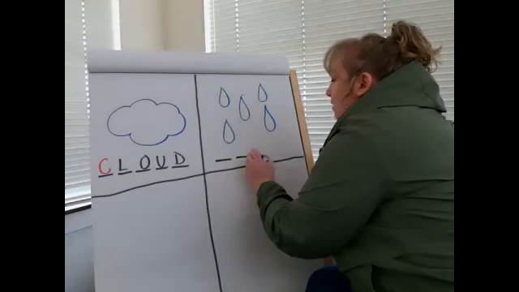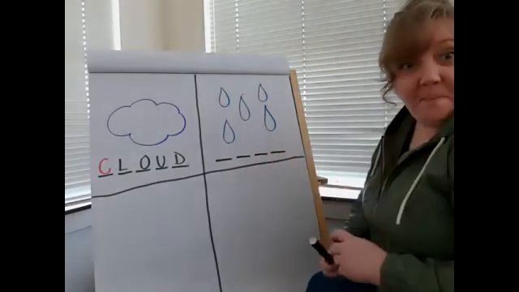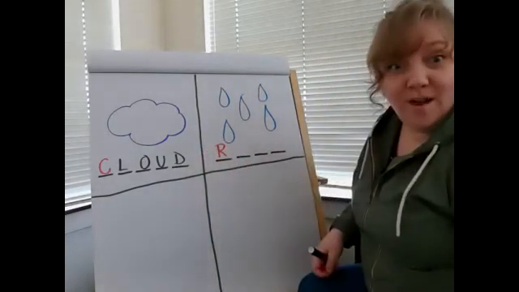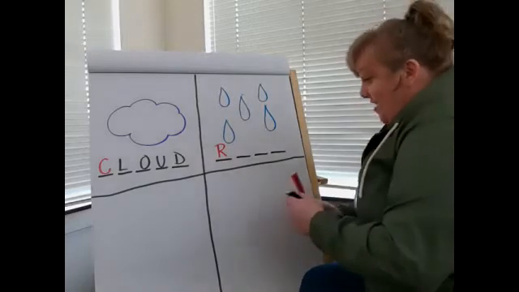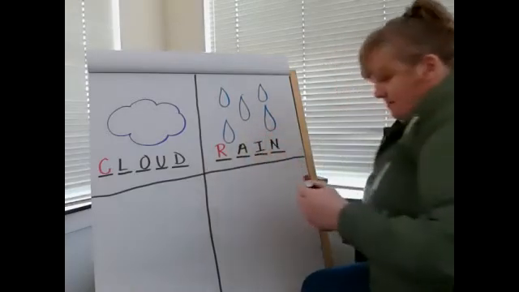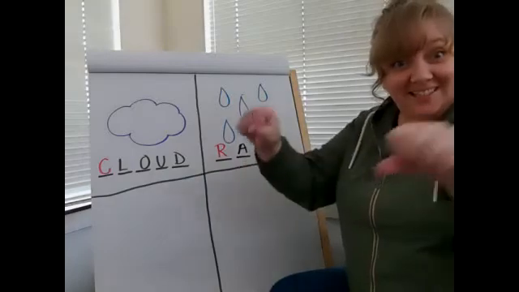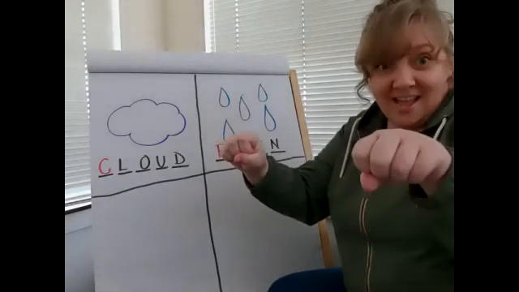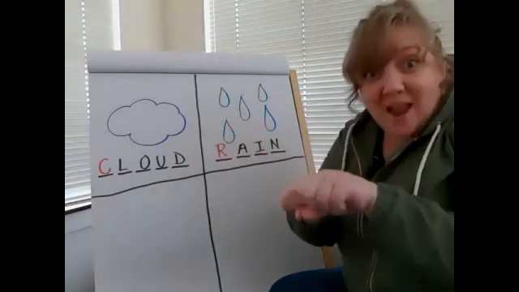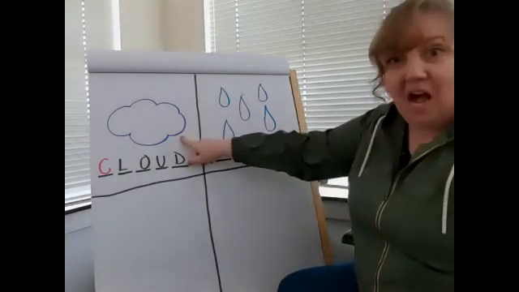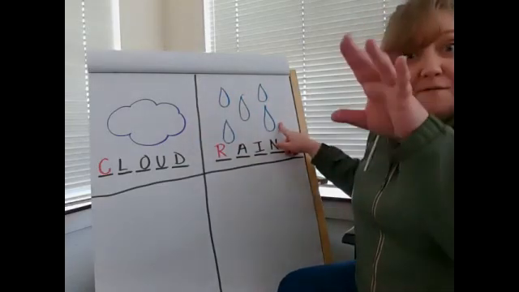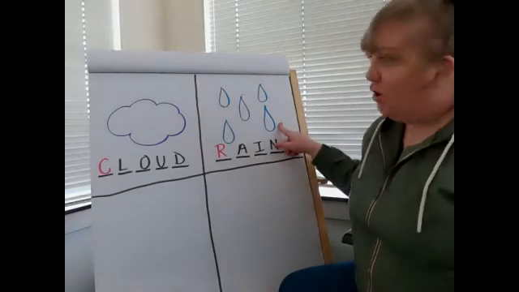1, 2, 3, 4. And the first one is R. A, I, N. Rain. Let's try our trick. Ain, rain. So a cloud gets full of water droplets, and then rain falls down, down, down to the ground,